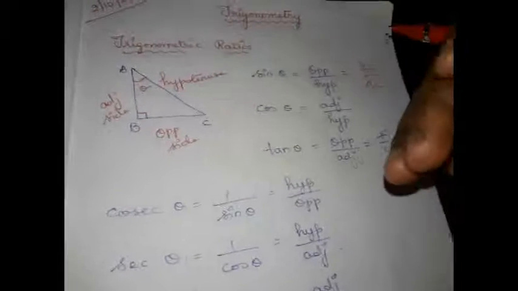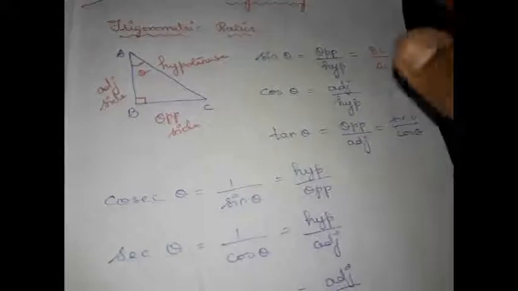It is not going to give you the exact value of what AC and BC are. Which means, if I say sine theta is 1 by 4, for example, it doesn't mean that BC is equal to 1 and AC is equal to 4. It means that the ratio of the side opposite to theta and the hypotenuse is 1 by 4. If we solve problems, you will get better clarity. Let me solve a few problems from exercise 8.1 for your clarity now.